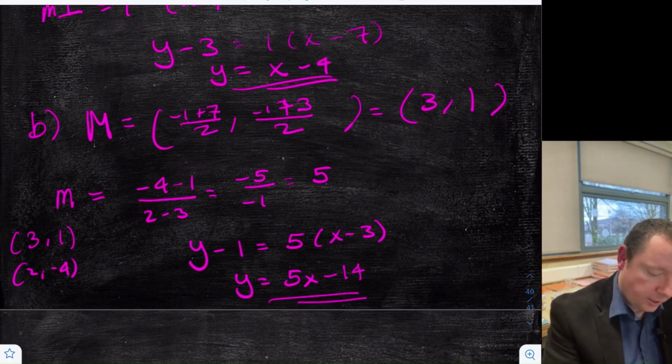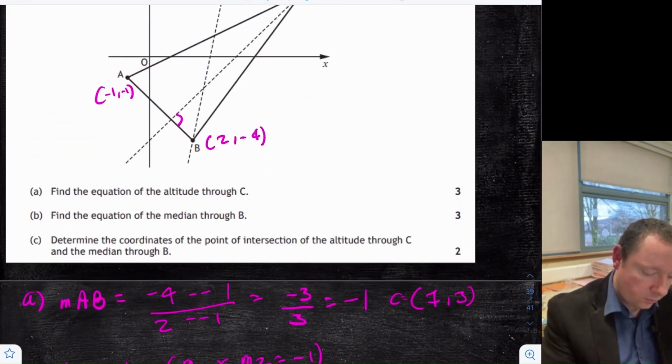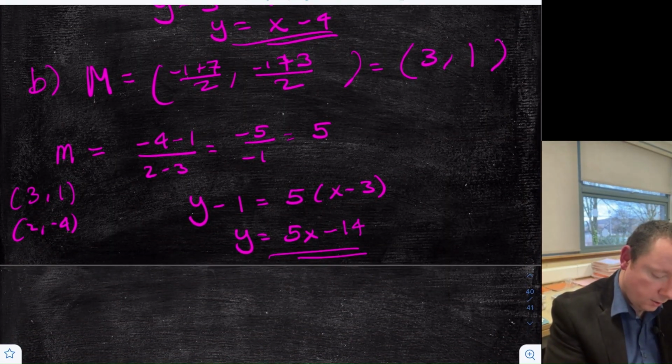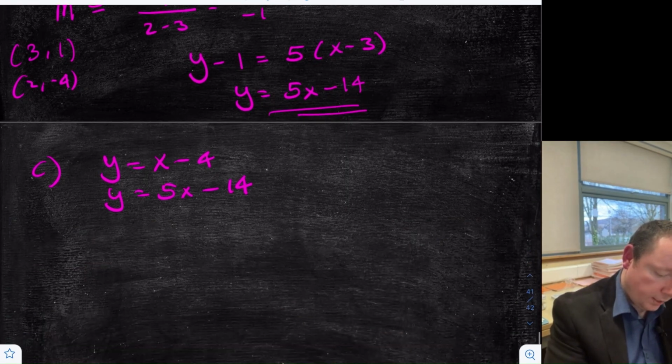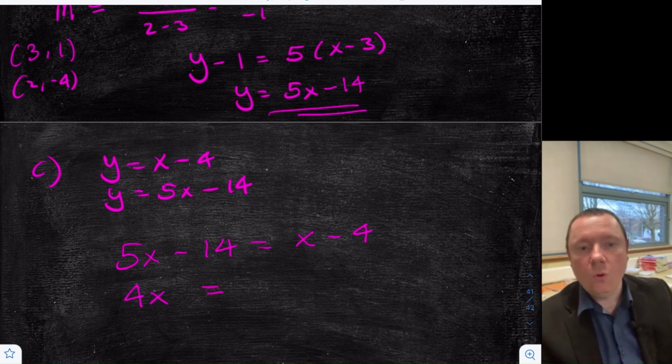We've now got two equations. Chances are we're going to solve them simultaneously. Find the coordinates of the point of intersection of the altitude and the median. So we've got two equations, y equals x minus 4, and y equals 5x minus 14. So we can say that 5x minus 14 equals x minus 4. That gives us 4x on this side equals -4 plus 14